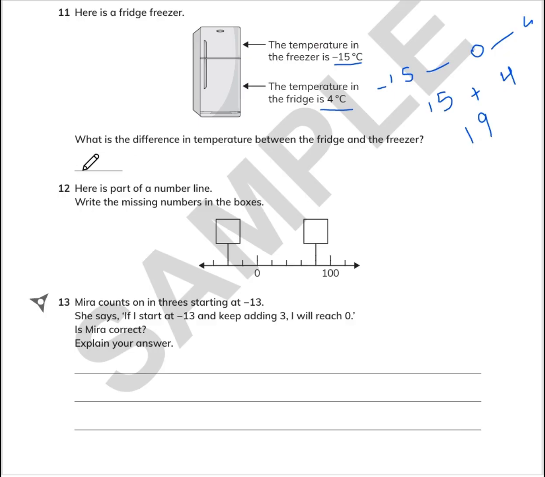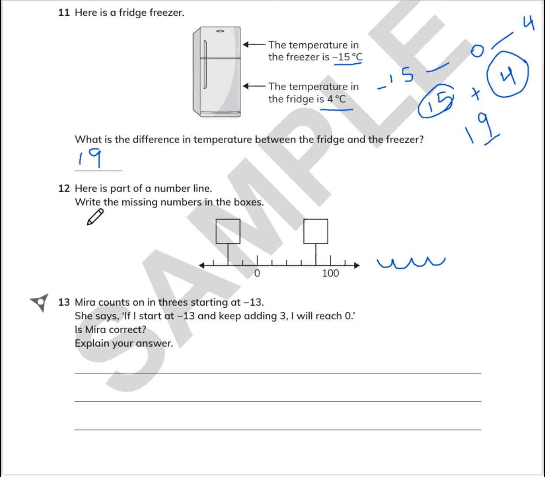So you can simply write the number 19 here, or you can take the help of any number line just by counting from -15 in the same way that we have done: -15, -14, -13, -12, -11. This will be long, but you will also get the answer from the number line as well. And you can also use this method that from minus 15 when you go to 0, the difference will be 15 numbers, and then from 0 when you go to 4, the difference will be 4 numbers. Then you can add both and the answer 19 will come.